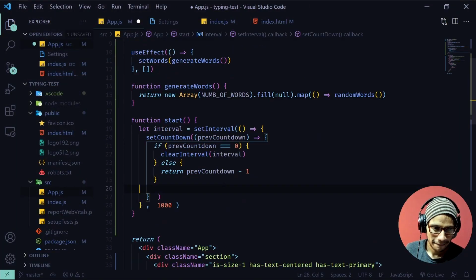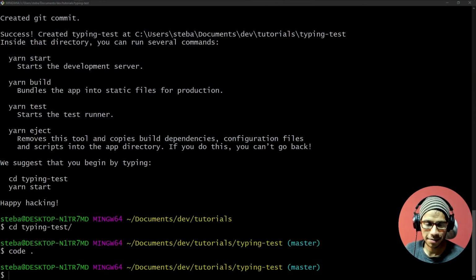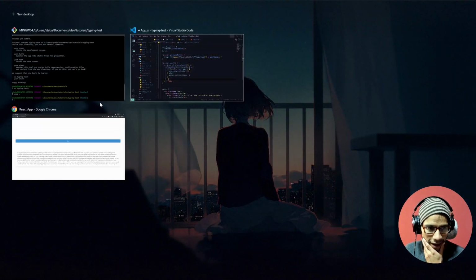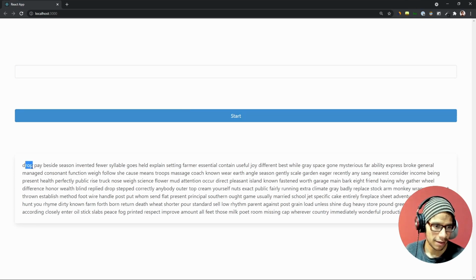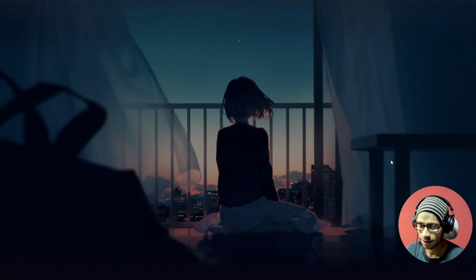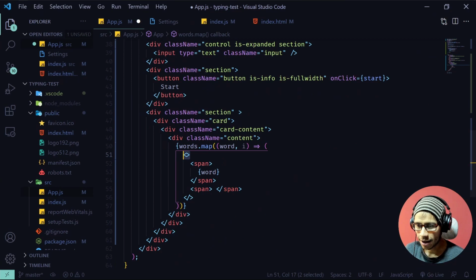Alright. So we have the countdown. So now we need to type into the input. For that we are going to have a listener for each key press that we have here. So if we go back to the code right here, we're going to split every word into characters. So we're mapping for every word, but now we are going to map every word into characters,